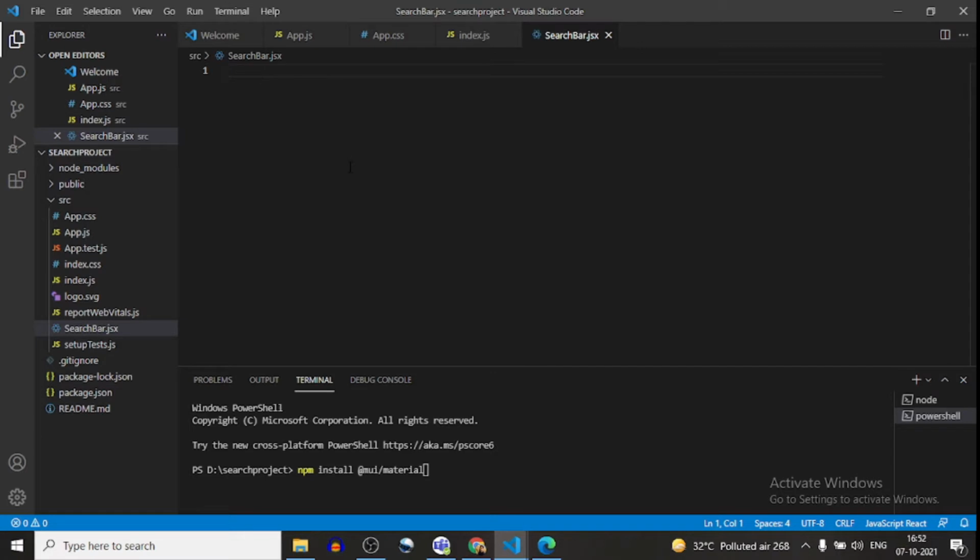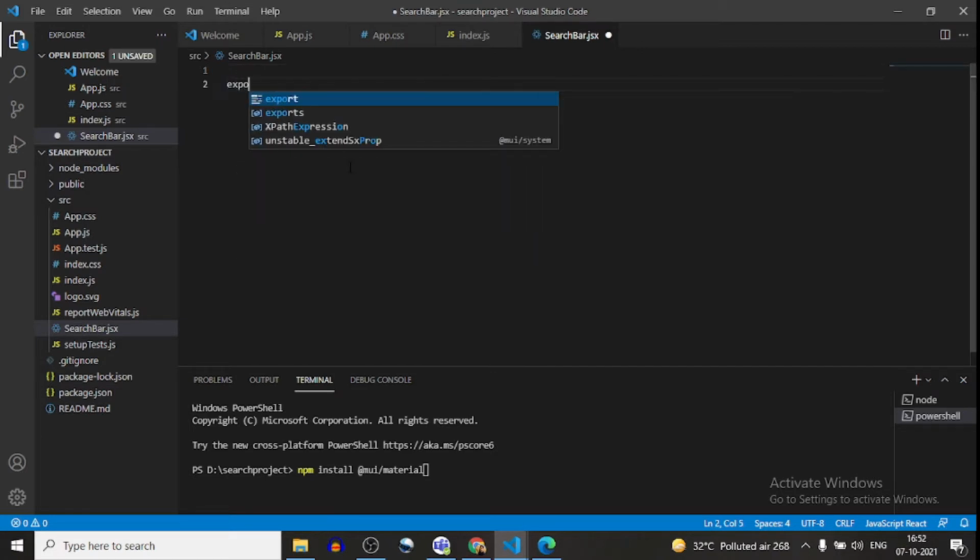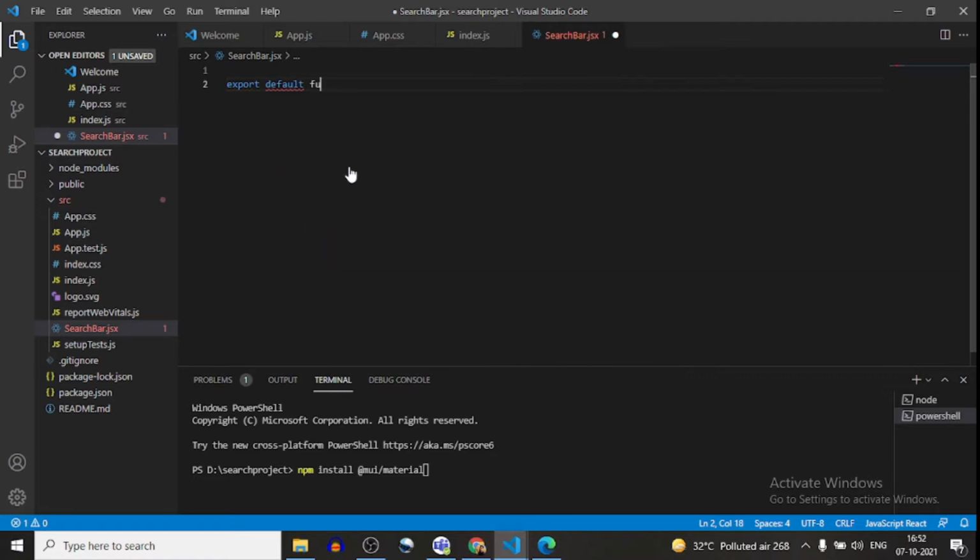Now here I will create a function. Export default function, and the function name is SearchBar.